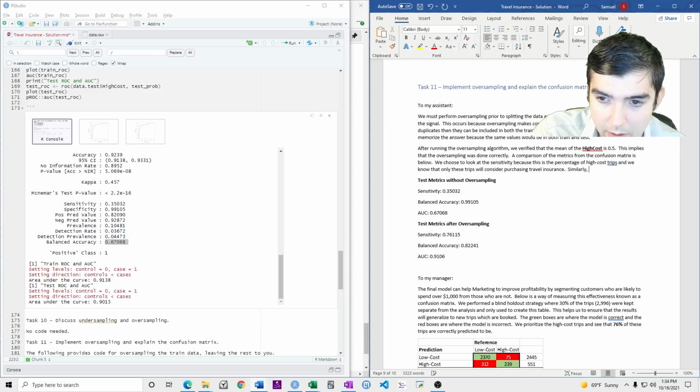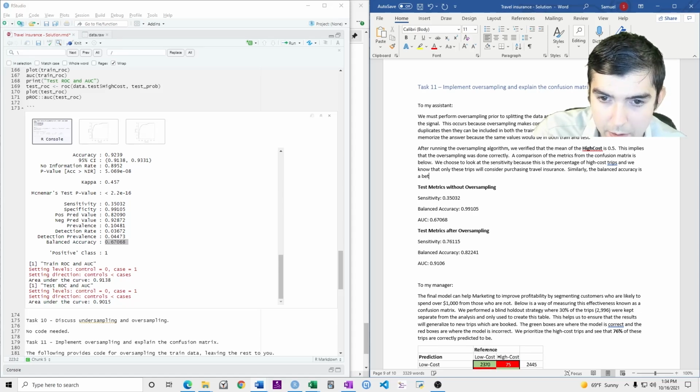Similarly, the balanced accuracy is a better metric than the accuracy